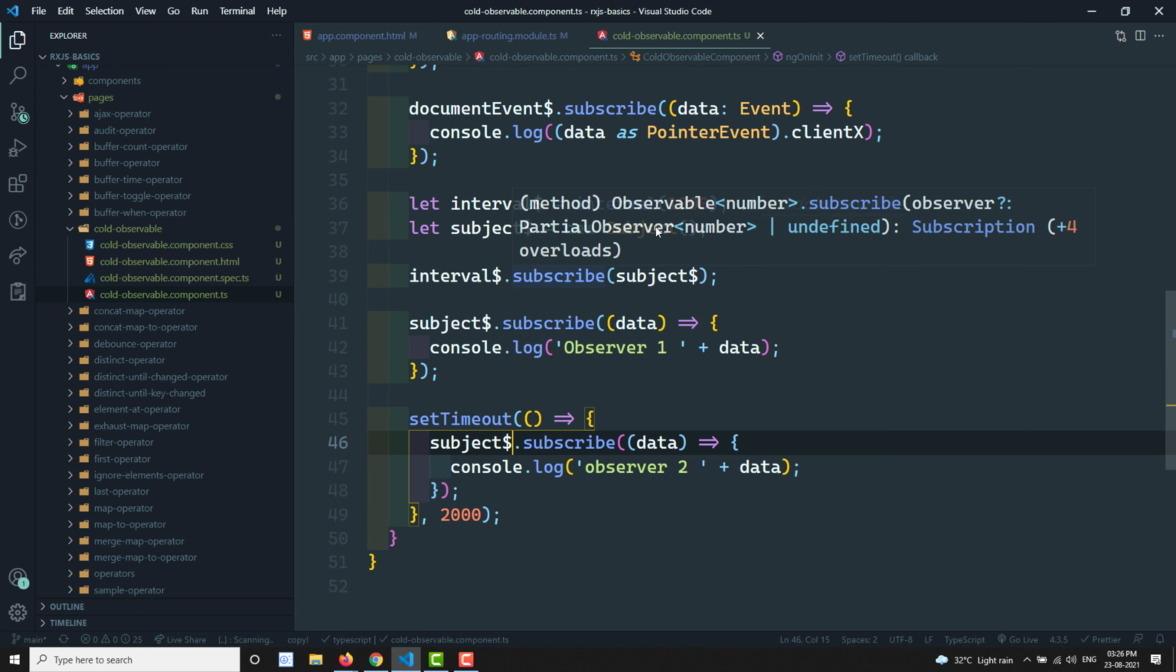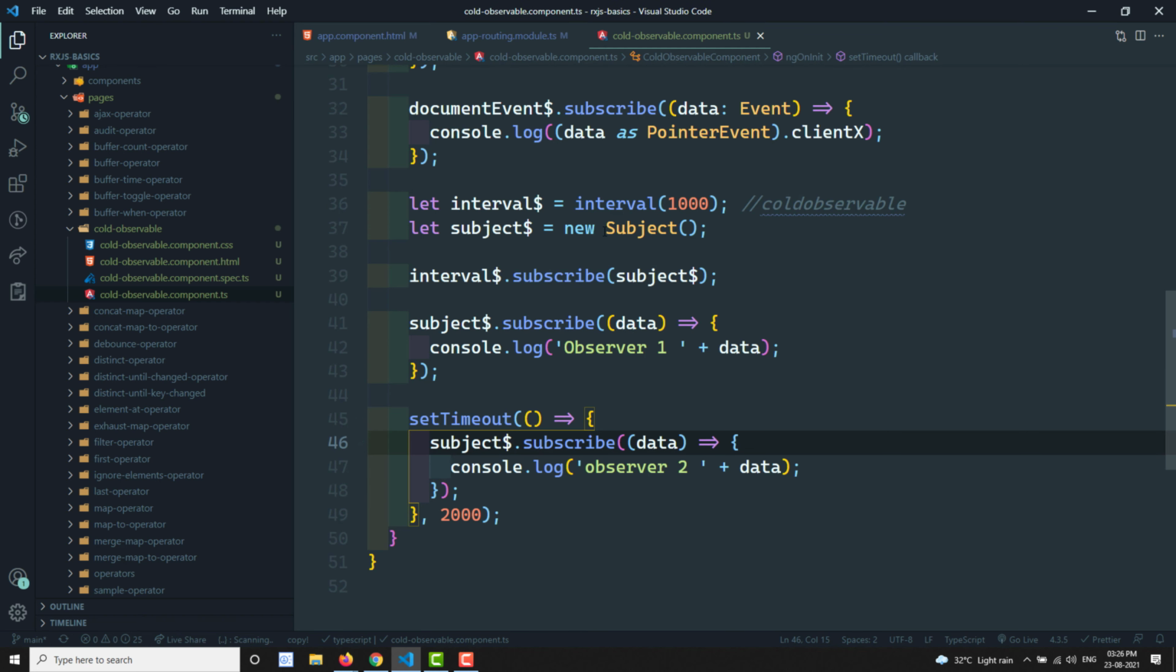Now if you see what we have done, we have an interval which is a cold observable, and we have added an intermediate subject. Instead of the observers subscribing to this interval, we are subscribing to the subject, and in return the subject is subscribing to the interval. Whenever the interval sends the values, it will send them to the subject, and the subject will send the value to both the observers at a time. If you try to see the output now,